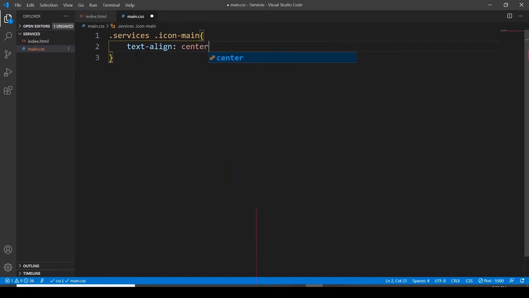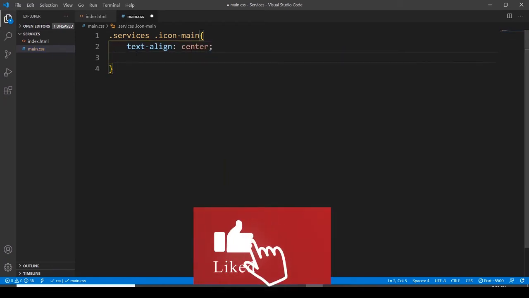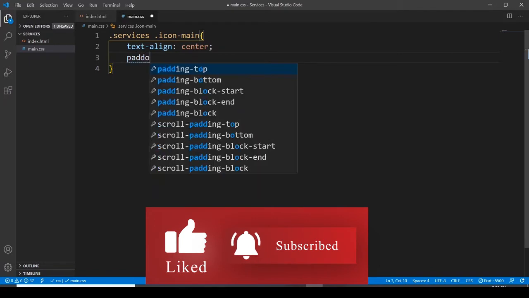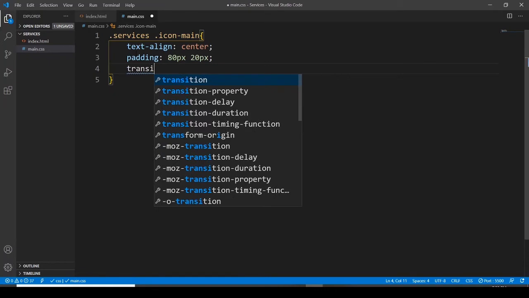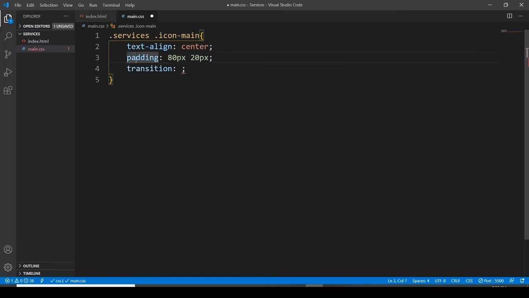Text align is going to be center, and padding is going to be 80 pixels, then 20 pixels. Transition for this is going to be all ease in out, 0.3 seconds,